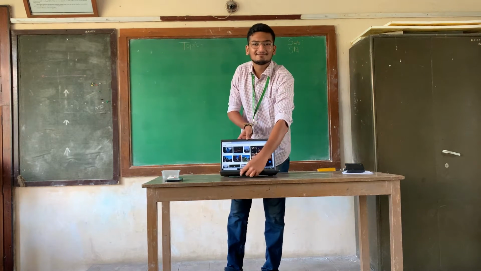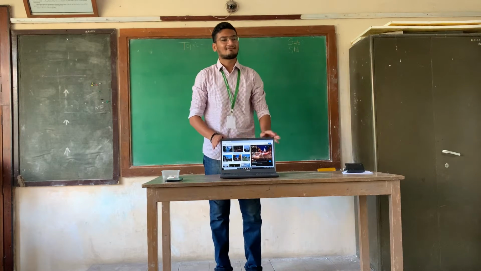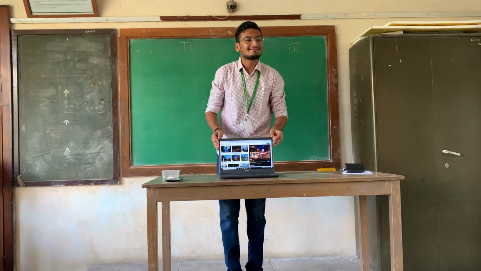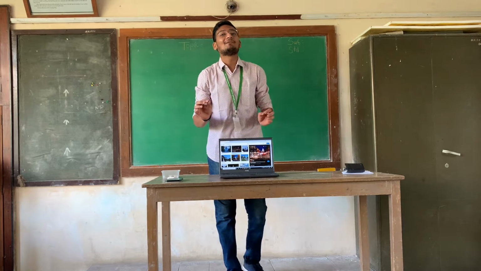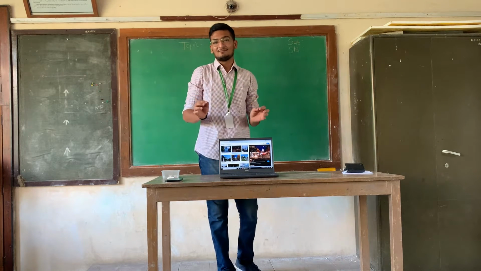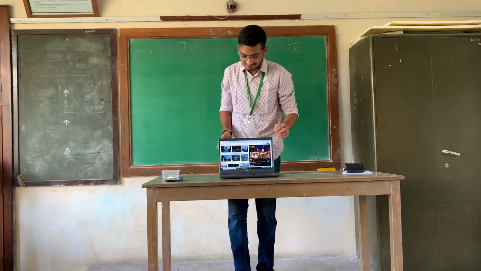And in this one? A completely developed city. Picture of a completely developed city.